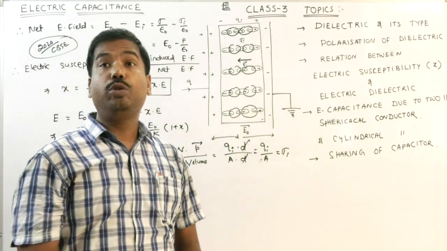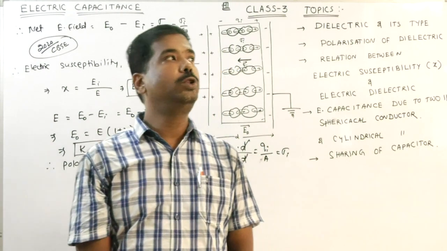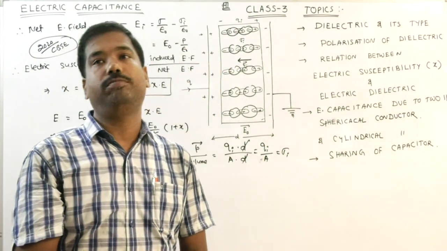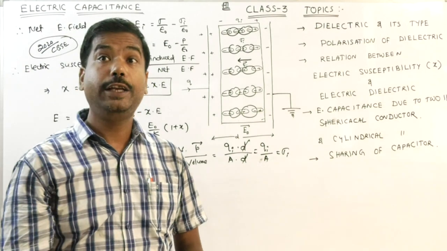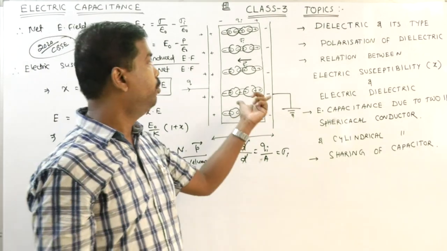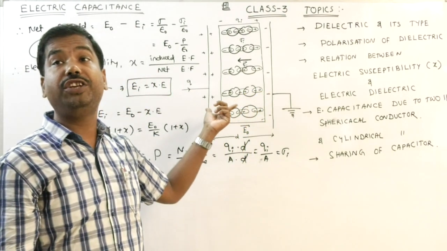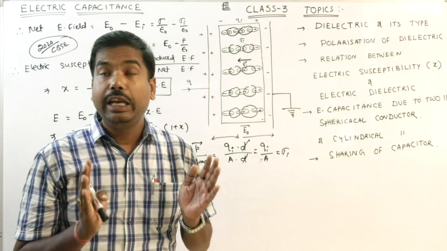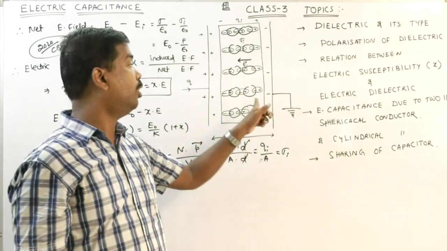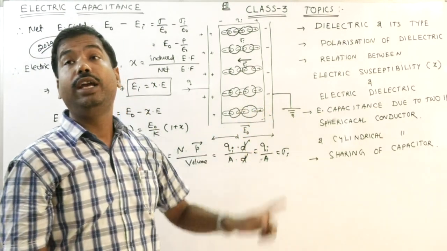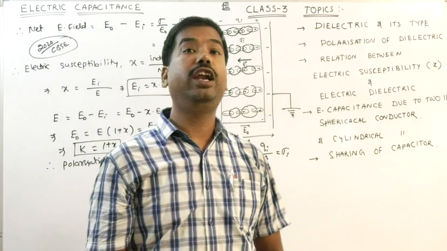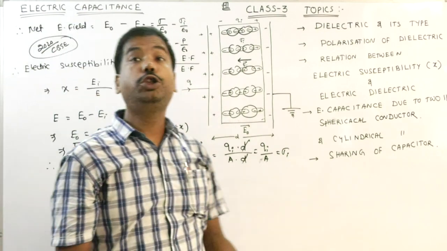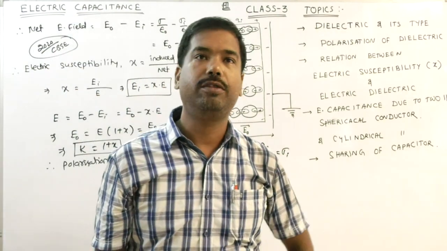Okay? I hope so. Another question, which appeared in 2018, is: where is the electric energy stored, and how is it stored? A capacitor is a device where we can store electric energy in a limited space. Now the question is how this energy will be stored. It is stored in the form of electric field, that is called induced electric field, EI. Clear? And it is due to polarization of the dielectric. Clear?